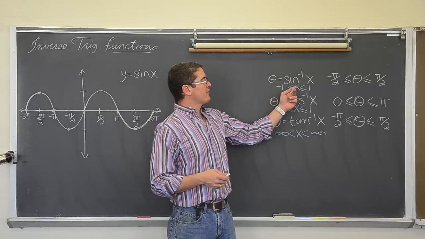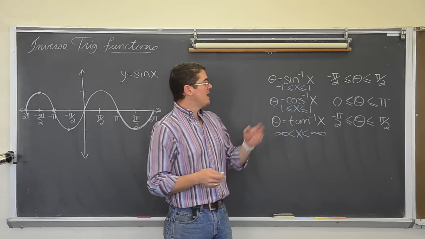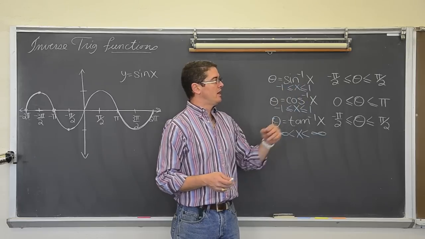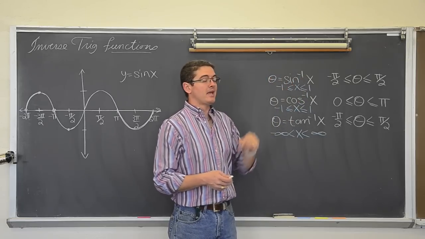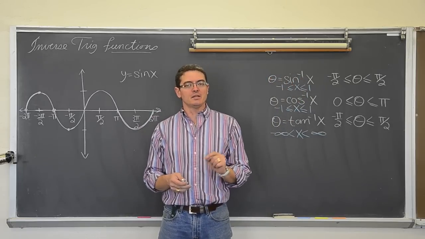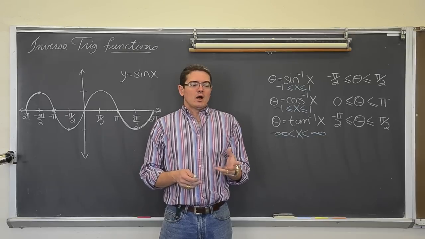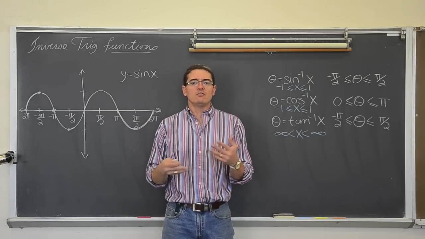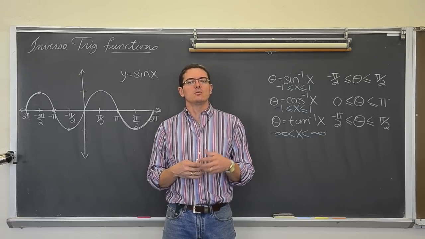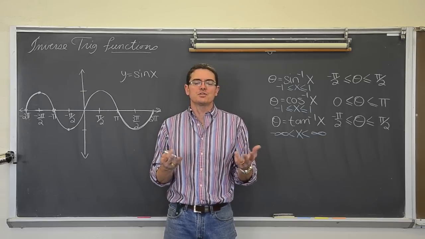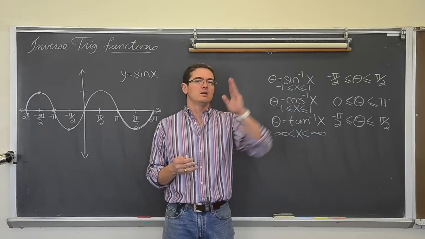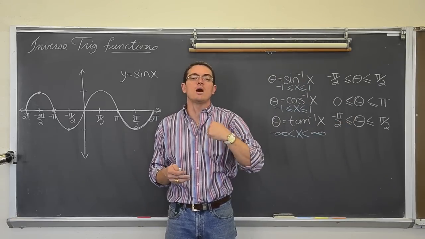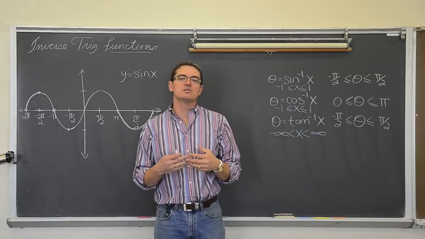So when sine is y over r, you can't have values that are outside the range of negative 1 and 1, or in this case with the inverse function, the domain. You can only plug in values between negative 1 and 1 because, say, what's the sine of 30 degrees? 1/2. What's the sine of 60 degrees? Square root of 3 over 2. What's the sine of 90 degrees, or pi over 2? That's the largest value for sine, where you rotate pi over 2 radians or 90 degrees. The largest value you can get from a sine function is 1.